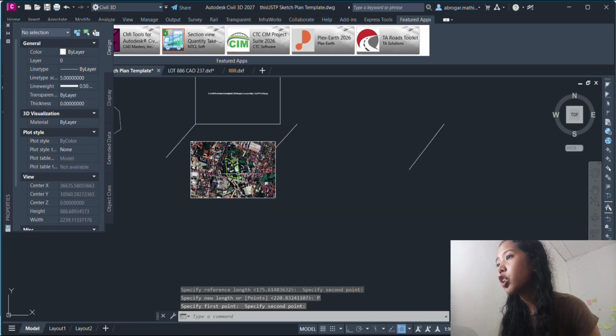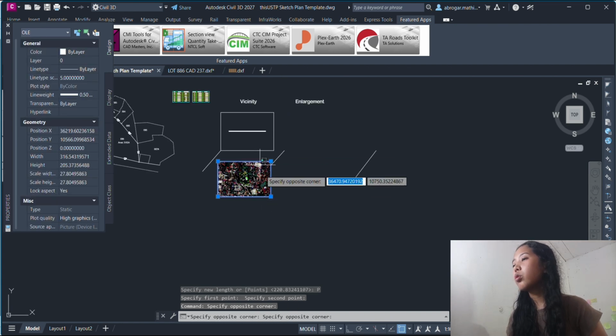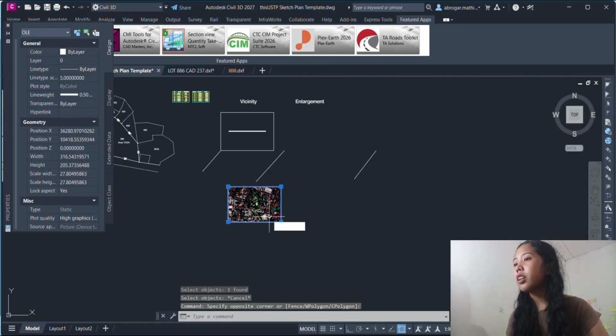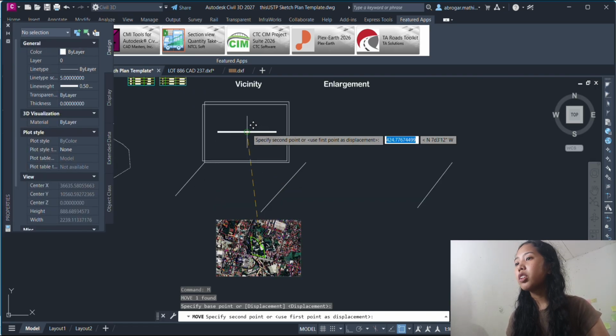Then put annotation, include this site and other adjacent plots.